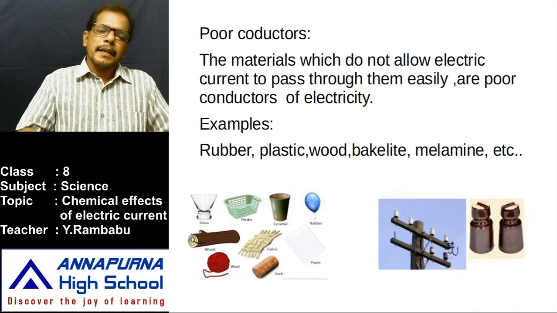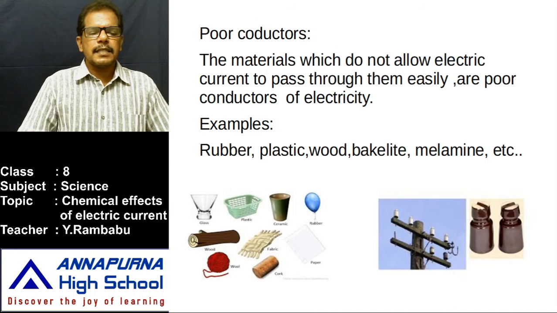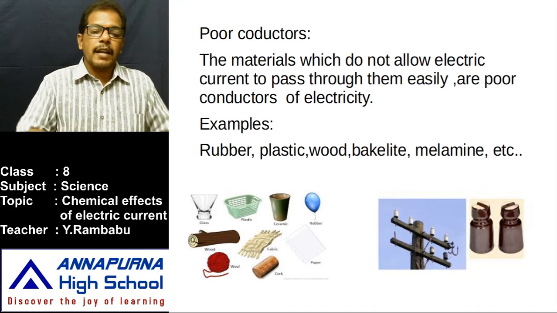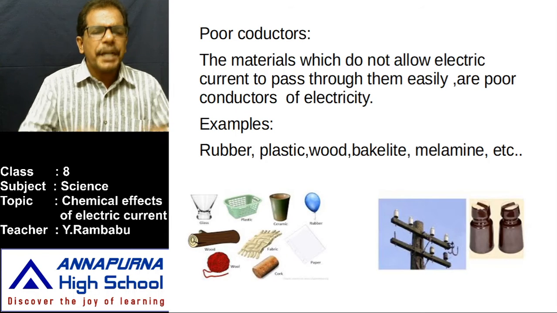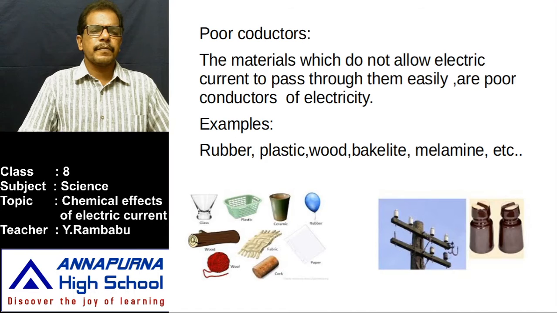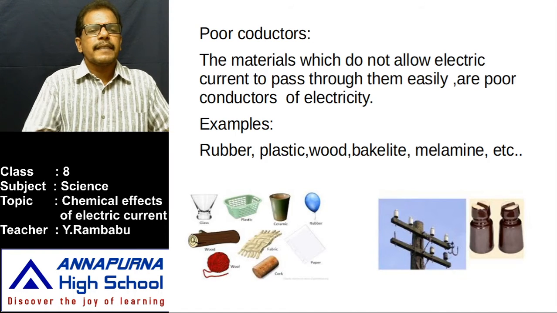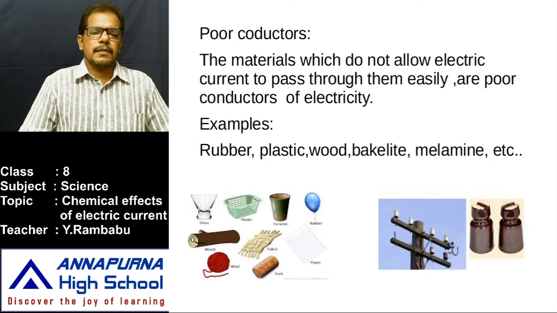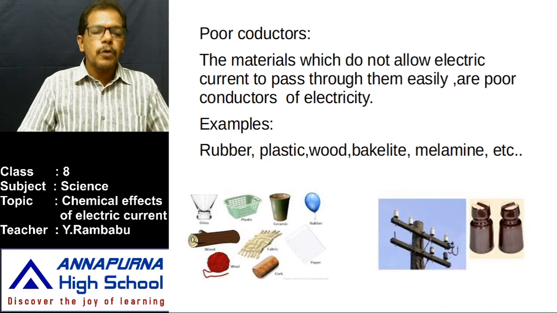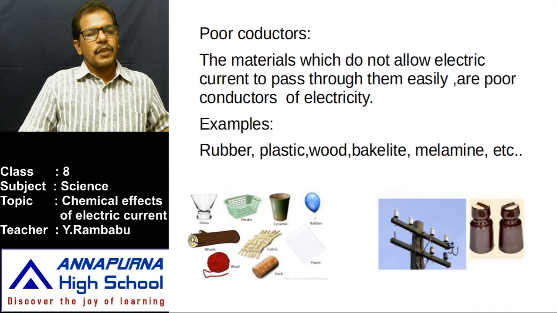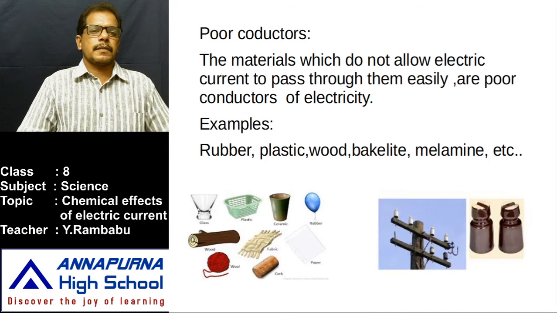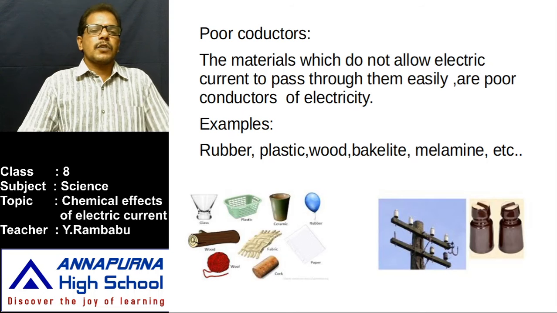Why? These poor conductors are also made of small particles, atoms, and in these atoms also electrons are there, but the electrons present in poor conductors are bonded with the nucleus, that means they are not free. If the electrons are not free, is charge transmitted from one point to another through this? No, there is no chance. That's why these are called poor conductors. That means in conductors free electrons are present, but in poor conductors free electrons are not there. These are bonded electrons.